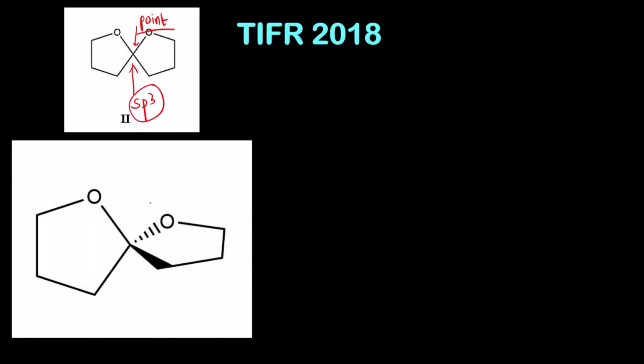So in this molecule you can see this is a spiro compound, that is when two rings are attached by a single point of attachment, then it is called a spiro compound. And this carbon that you can see is an sp3 hybridized carbon. So the actual structure is like this, as you can see here. Since this is an sp3 hybridized carbon, two bonds will be in plane, so this ring will be in the plane of the paper,